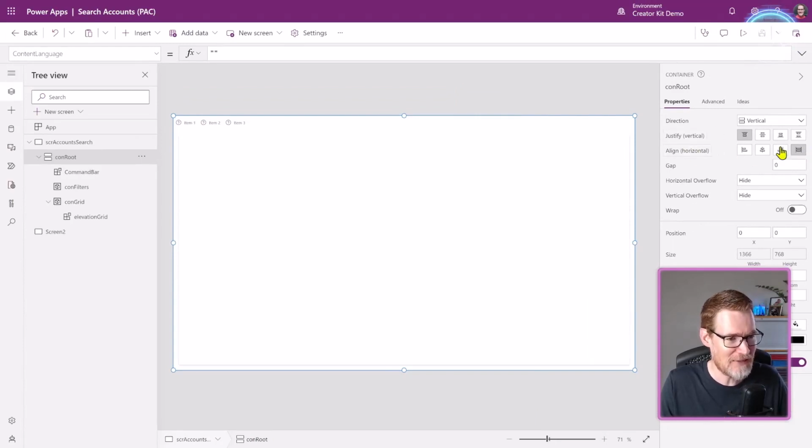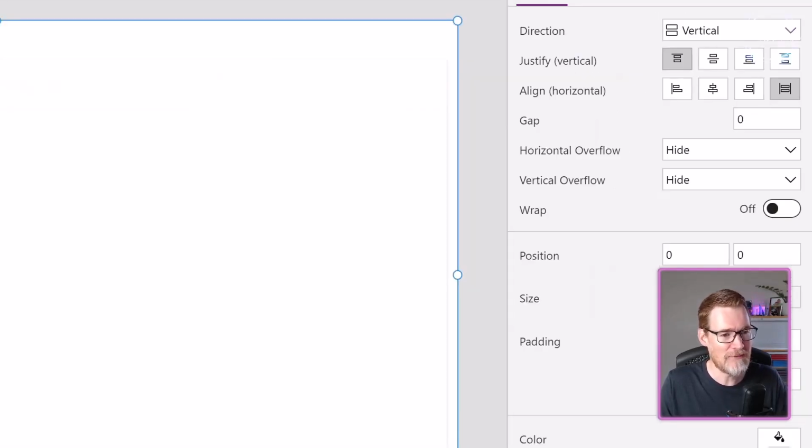It's always best to set these at the start, because then when you create child components, they will inherit that same behavior. The gap is then going to be the spacing between the child components. So that's very useful if you want to add, say, for example, lots of buttons in a row and you want to have some spacing between those buttons. And then if you want to have scroll bars, that's quite useful if you've got a child container that has lots and lots of information that may overflow. That's how you would say, okay, show a scroll bar. And then wrapping is a very convenient way of making sure that if there isn't sufficient width or height, you can then wrap components onto the next line or onto the next column.